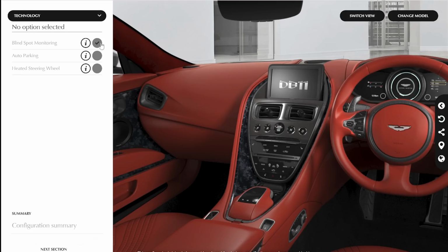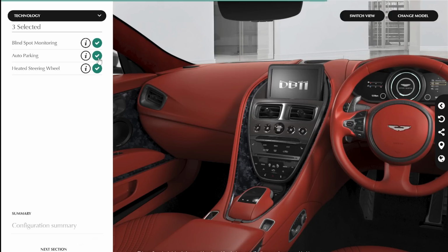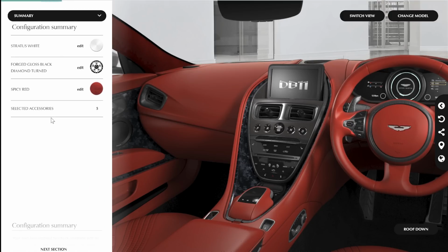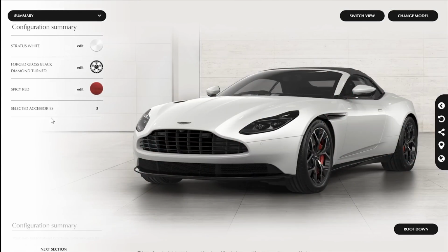We have a couple options here: blind spot monitoring, auto parking, and heated steering wheel. I select each of them because customers, they just like to have these little added functions on their vehicles. Auto parking, not something you see on exotics very often, but a neat function nonetheless. And then finally, here we have it. This is the summary of our vehicle. It is gonna be absolutely stunning when it